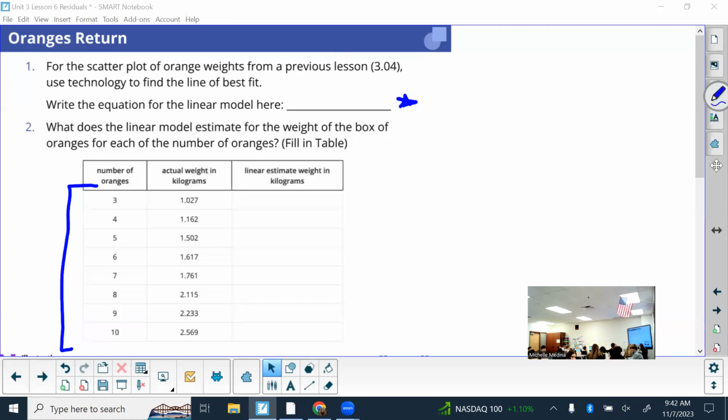Can you tell me what you wrote for your equation? It should be in the form y equals mx plus b. So you got y equals